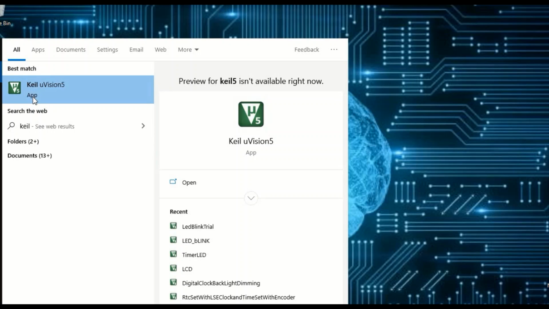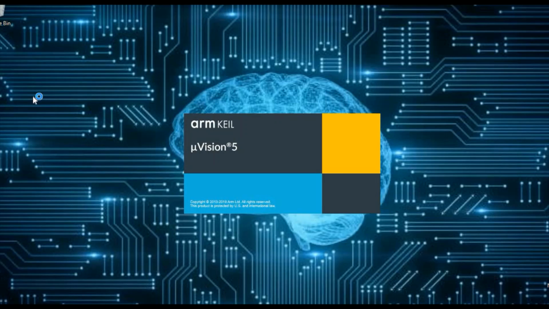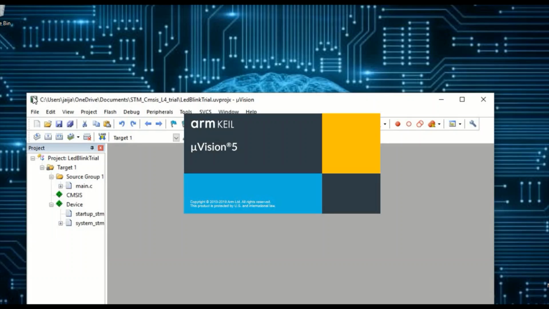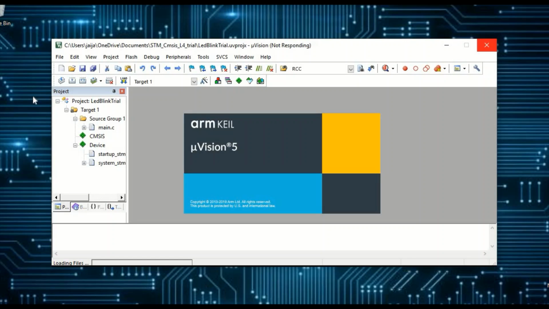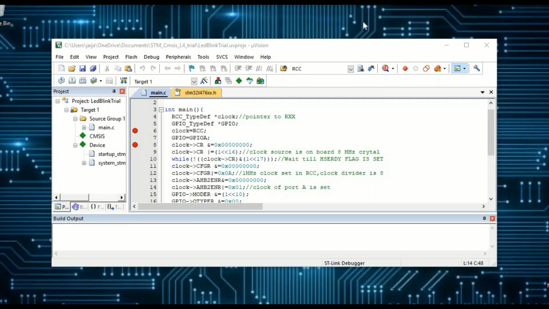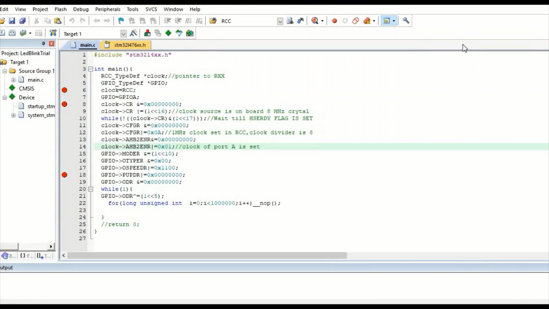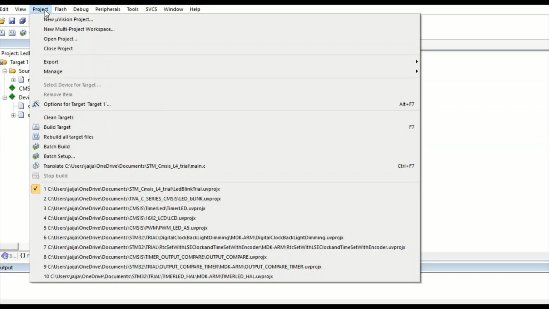So click on the start button and launch the app. You can install it from the site of Keil. So as you can see, one project is already open, so I will be starting from scratch.